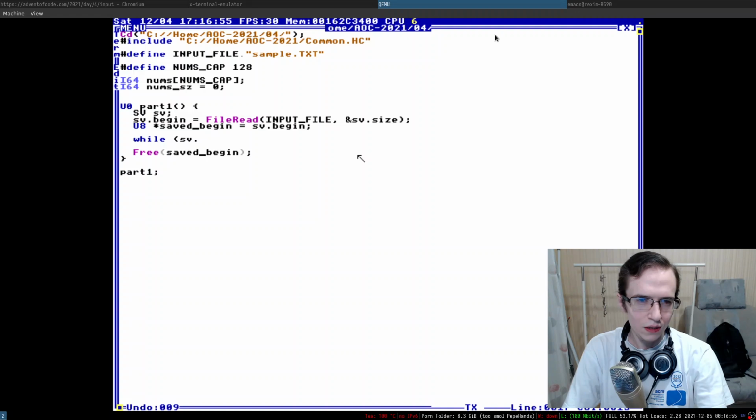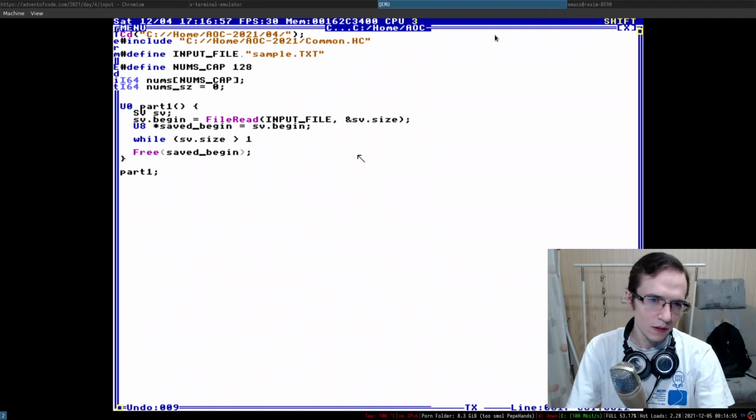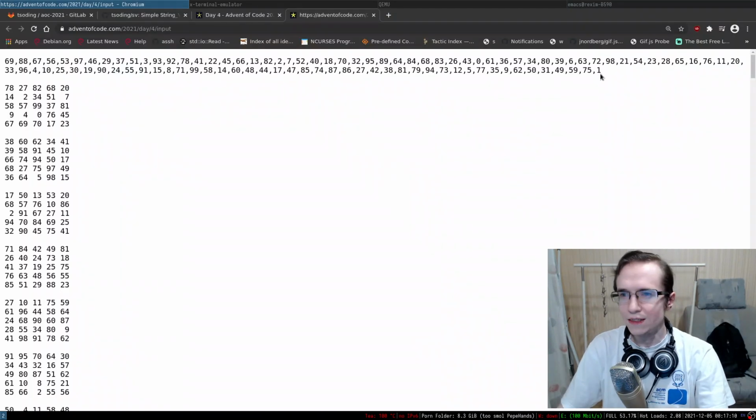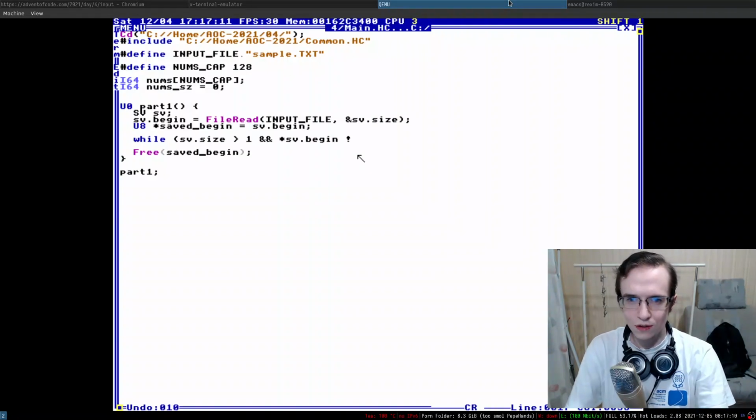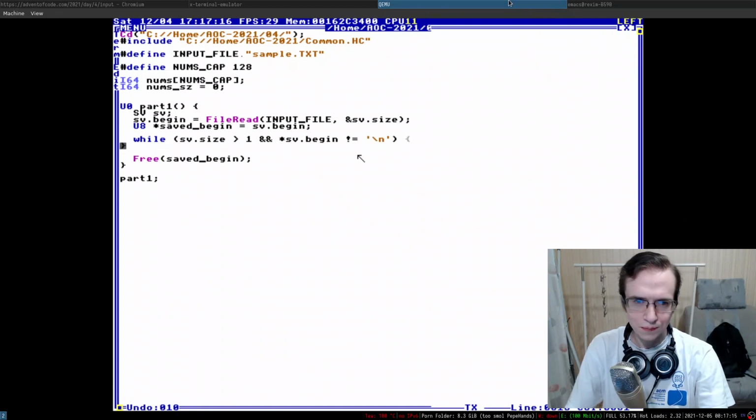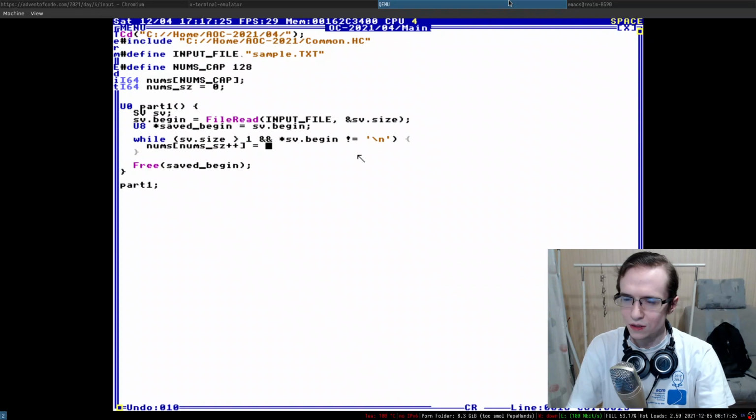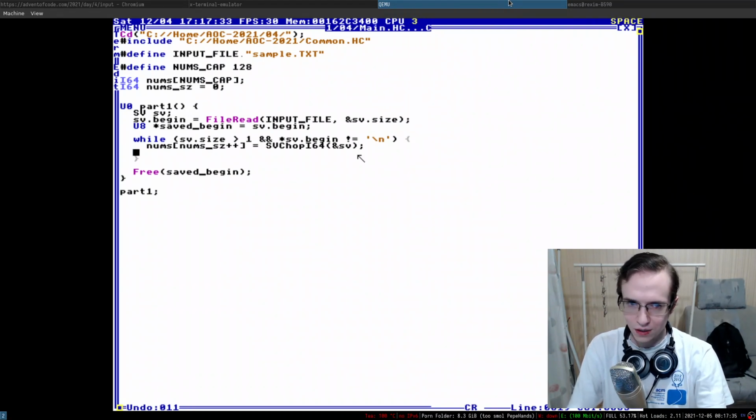While SV size is greater than 1 and SV begin, right, and we're gonna take a look at the first thing in here, is not equal to new line, because I think at the end here we have a new line, right? So it's not equal new line. What we're gonna be doing essentially is nums as z++ equal sv chop I64, where I provide sv, and the radix is going to be 10. Okay, so after that,